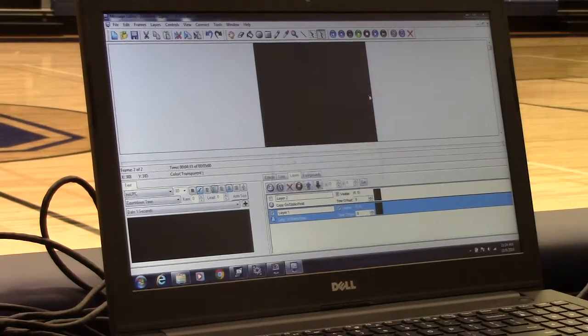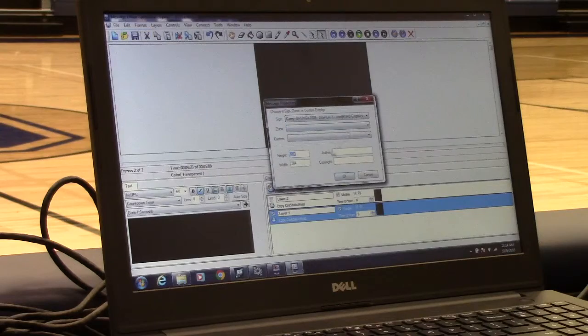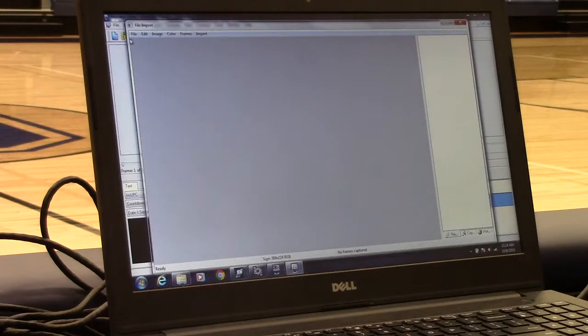See, here's the thing. Right here, when you go File, New, this should be 224 by 384. We were creating that message at a different size. This is now right. That's what was causing all of those weird problems. Gotcha. Okay. So now if I go to import a picture,